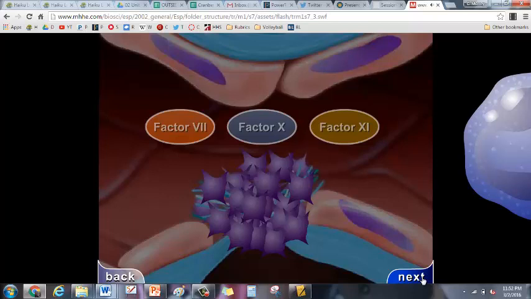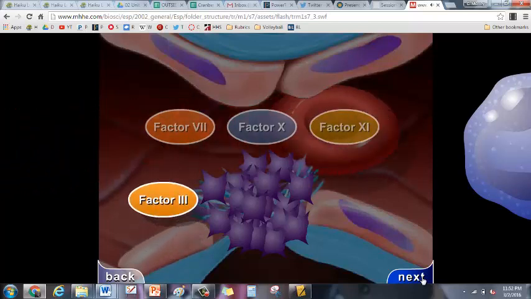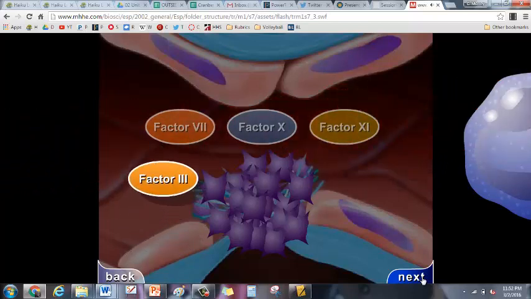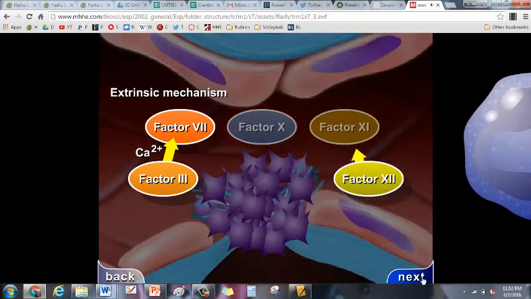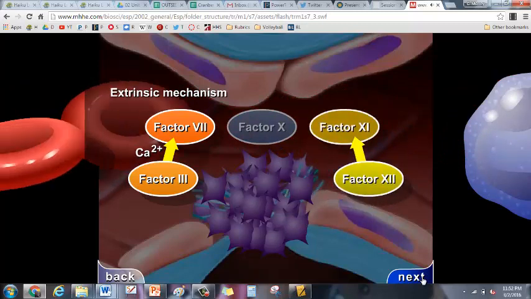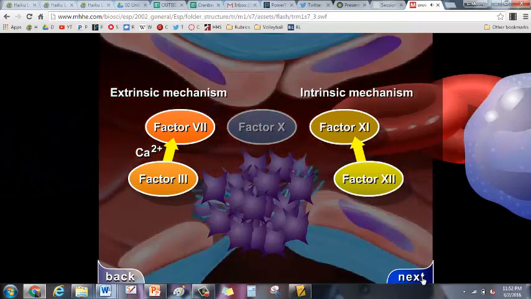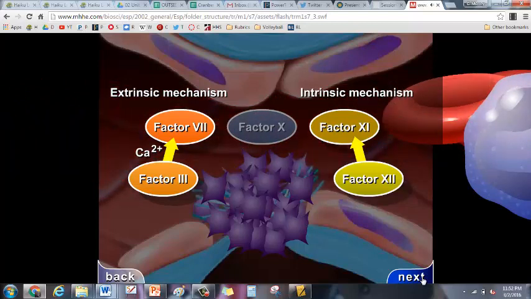And here's where it gets kind of complicated, and you'll hear some of the stuff on some of the TV shows that you watch where people having surgery are talking about more factor 10 being initiated because someone's bleeding out. Damaged tissue releases factor 3, which with the aid of calcium ions will activate factor 7, thus initiating the extrinsic mechanism. Factor 12 from the platelets will activate factor 11, thus initiating the intrinsic mechanism. This is all blood clotting, blood coagulation stuff. You don't have to know the difference between the extrinsic and intrinsic, but it's just a simple matter of